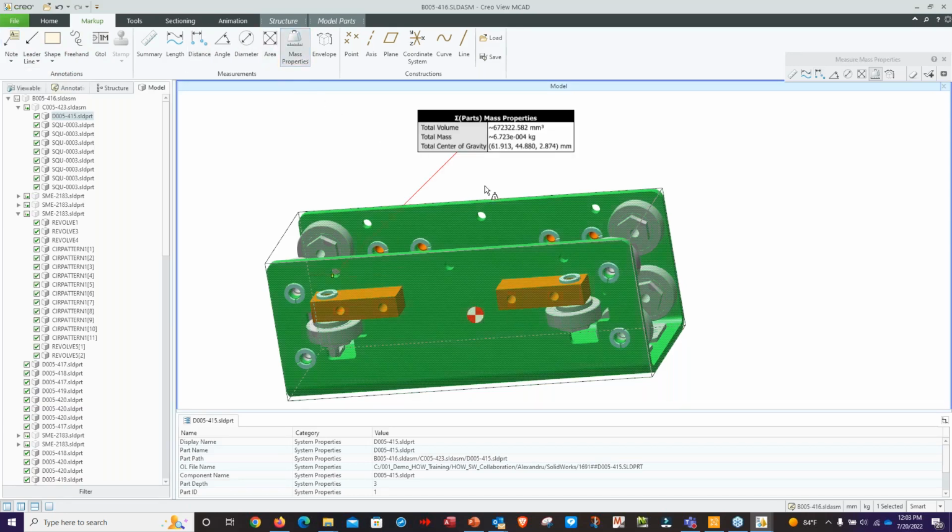We can check mass properties. So these, of course, can be captured and shared by various methods. I am not certain exactly of the process through Windchill, but it is definitely used within Windchill and for communicating various information and markup